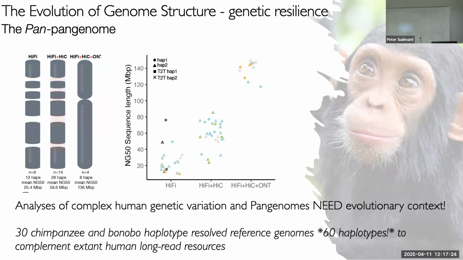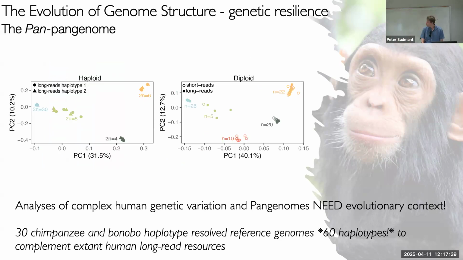And so this is the N50 sequence length. Of course, you throw more stuff in, it gets better, but it gives you a sense of what the quality of this data is, right? Only a small proportion of it is going to be T to T level, but it's still extremely powerful, right? And what's really cool is then you can start to integrate this with all the extant short read sequencing data. And this is actually something that's surprisingly difficult to do.